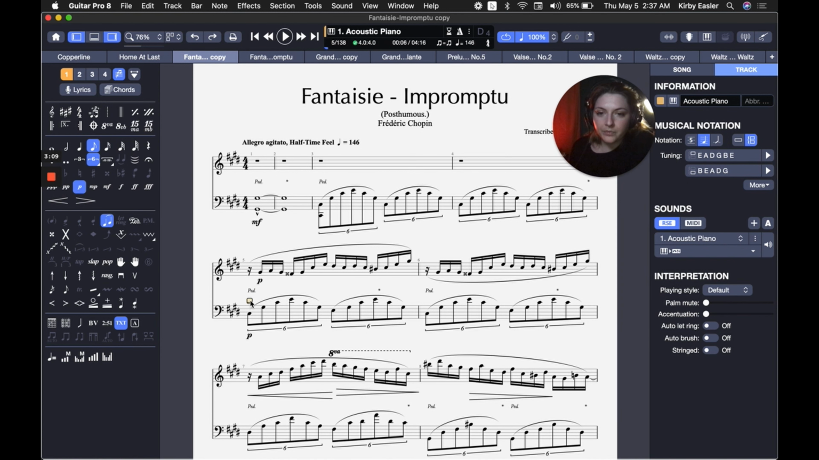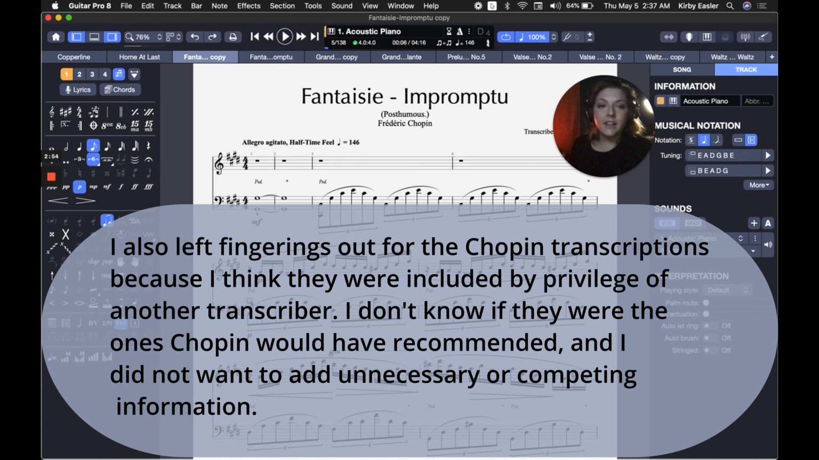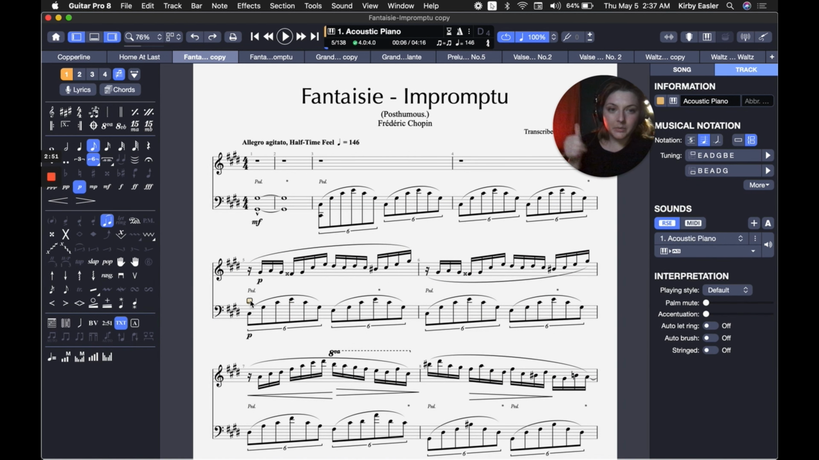But the other thing is I left fingerings out when I was doing these, because the fingerings available to me through Guitar Pro were P, M, A, C, which I don't know the names of, these fingers, and then 1, 2, 3, 4, T, and other options, but they're all guitar related. Whereas for piano, your fingerings are 1, 2, 3, 4, 5. That wasn't available, so I just left fingerings out entirely. But also,